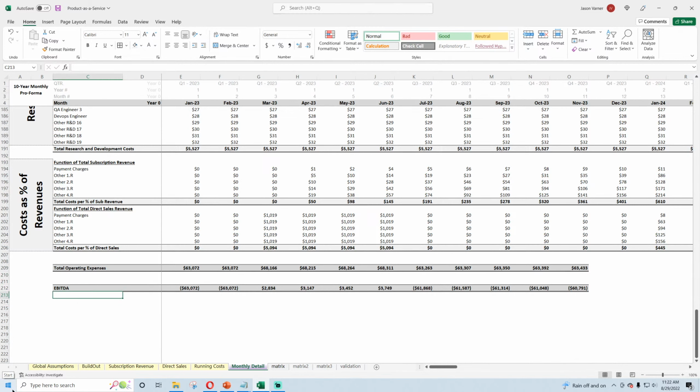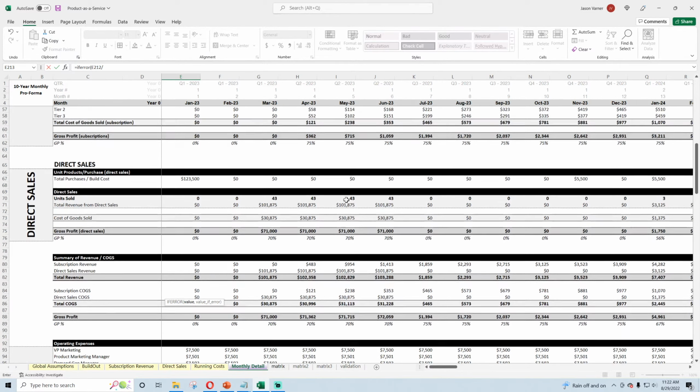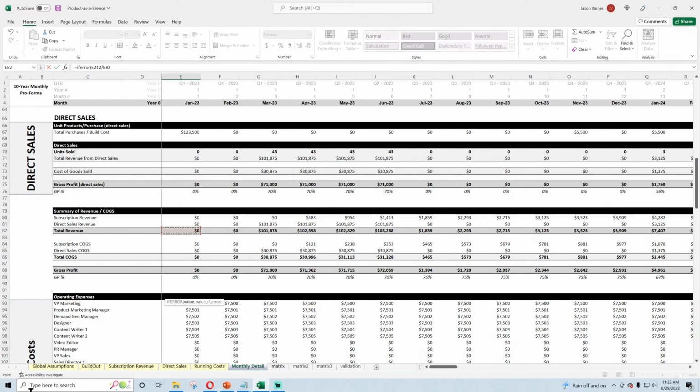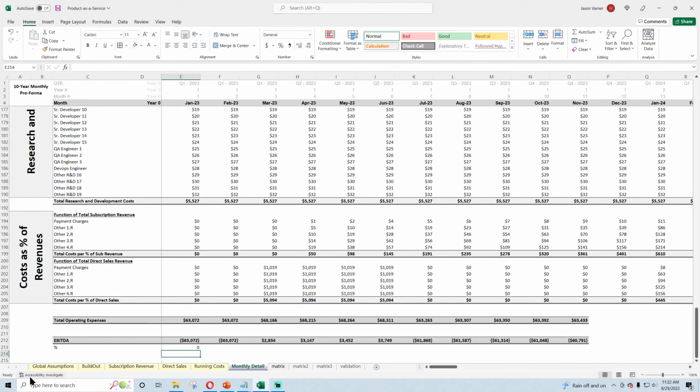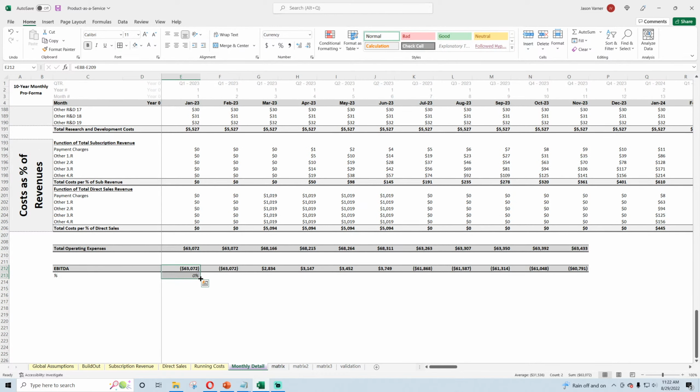And we could say percentage of revenue. So we have this very, very flexible model here for product as a service. I'm really, really happy about how this is looking. And we're